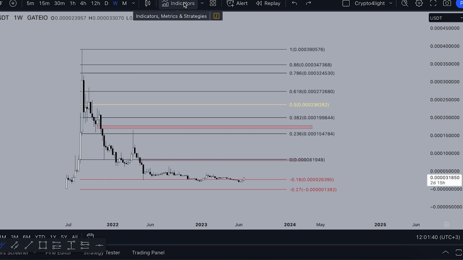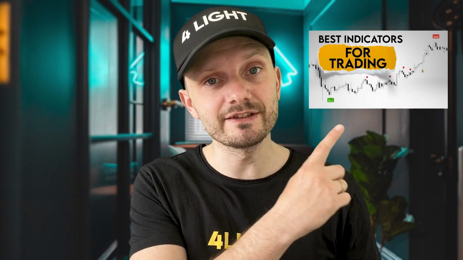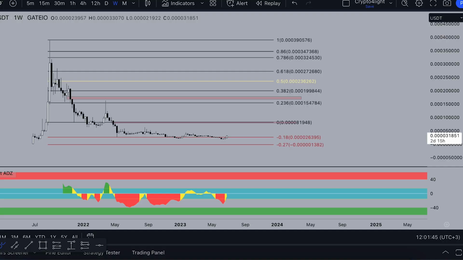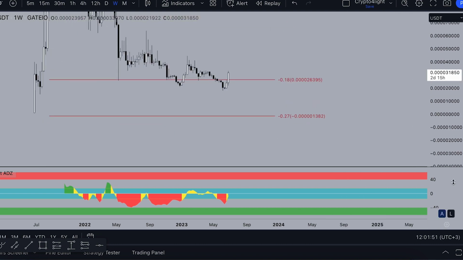Let's take a look at my indicator set, what the whales do now with this coin. Now let's go and double check this chart with my custom indicator set. And I recommend you go and watch this big tutorial on how to work with my indicator set 6-in-1. On the weekly time frame on ADZ, yes, it's a good signal because we are in an accumulation stage here.